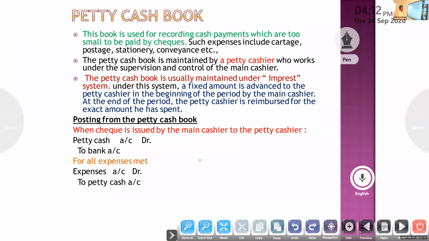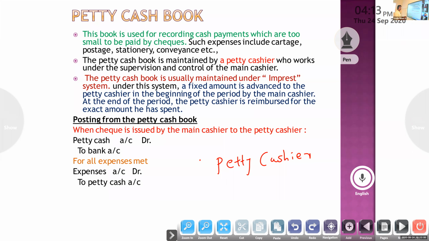In every business organization, whether it is small, medium or big, a lot of small payments have been made: stationery, traveling expense. These payments are repetitive in nature. Suppose we record all these payments in the main cash book, then the main cash book will become too bulky. So in order to avoid this problem, we will appoint one employee as a petty cashier.